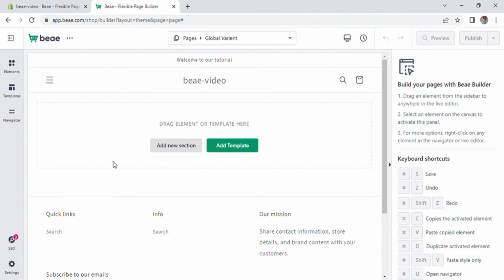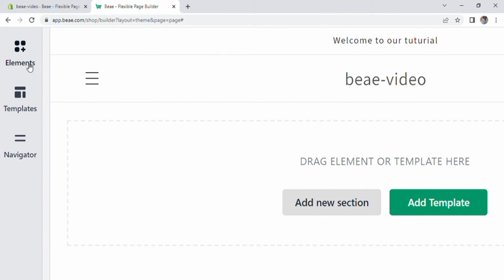the screen. Currently, there is an element, template and navigator option on the left side that can